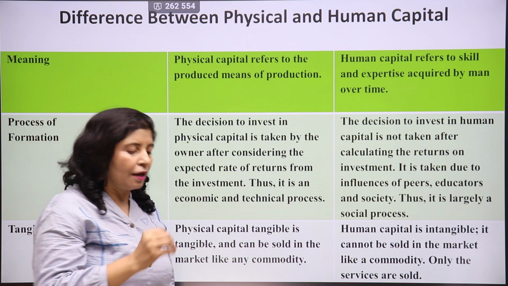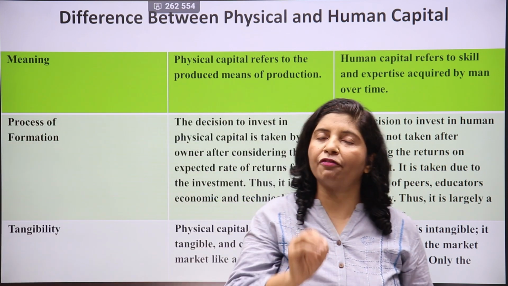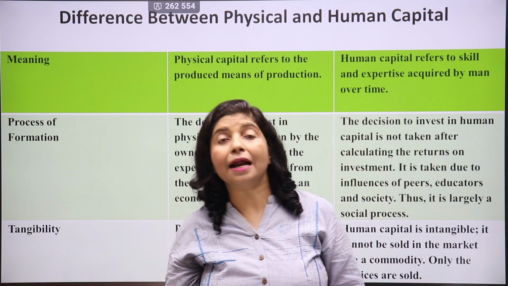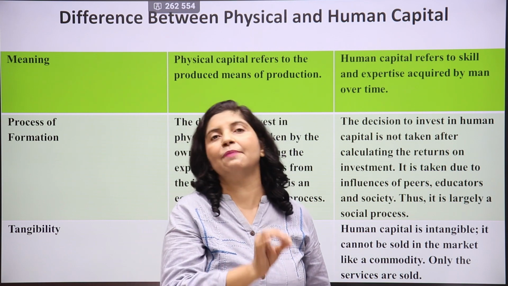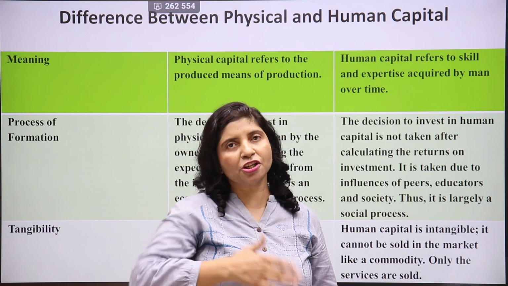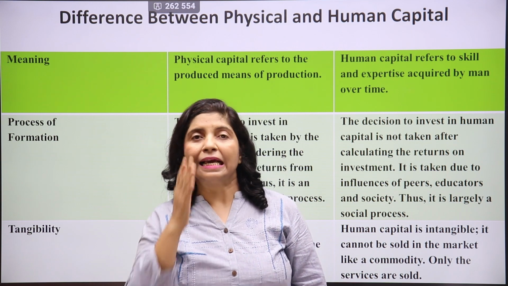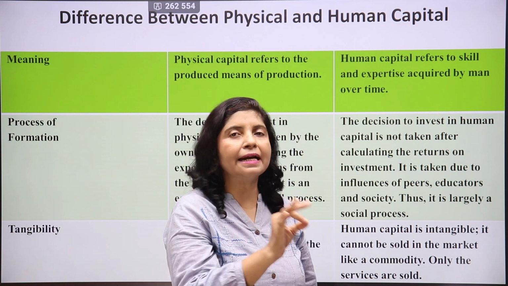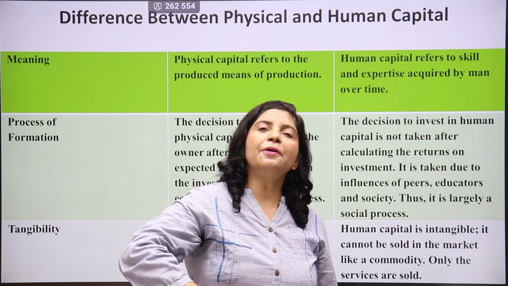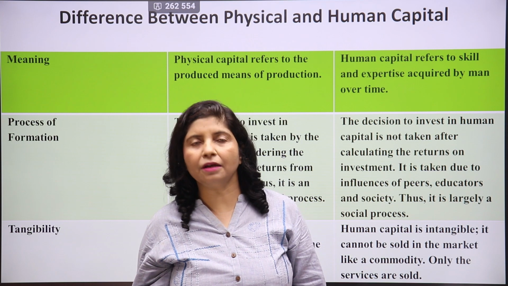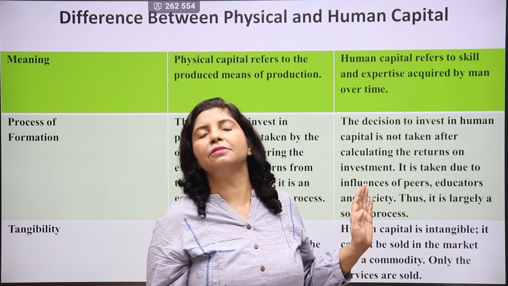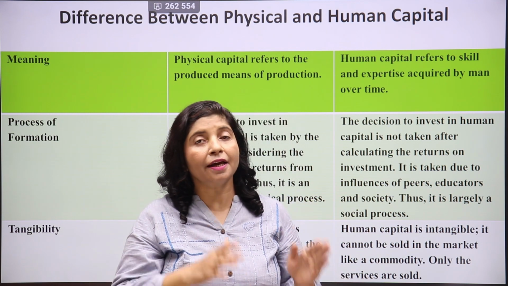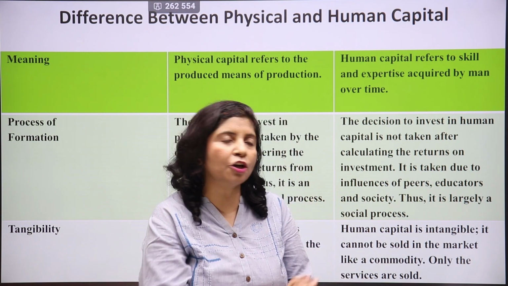For example, if you purchase any machine for your production, you will consider what is the price of that machine and how much production will be done with the help of that machine. If the production that is expected out of that machine is lesser than its price, then you will not consider installing it in your factory. But if you can produce more than the price of that machine, then you will install that machine in a factory. That means you will purchase machinery only if it is profitable to you, otherwise you will not purchase.